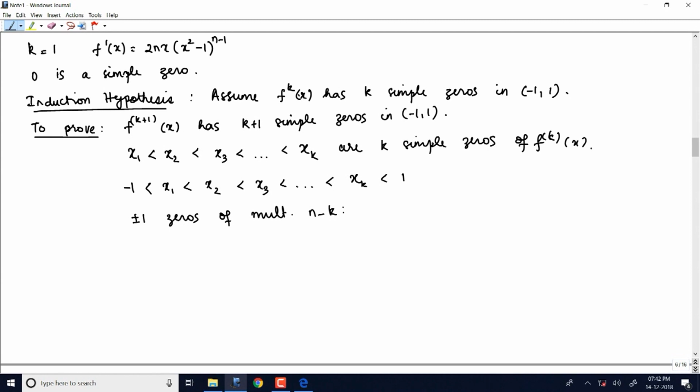You have now listed the zeros of the kth derivative, right? So you want to find zeros of the (k+1)th derivative. So there are intervals (−1, x₁) and so on, k + 1 intervals you can see. Do you see any relation between zeros of a function and its derivative? Because the (k+1)th derivative is the derivative of f⁽ᵏ⁾, right? Yeah. So can you relate this and then find all the zeros of f⁽ᵏ⁺¹⁾?